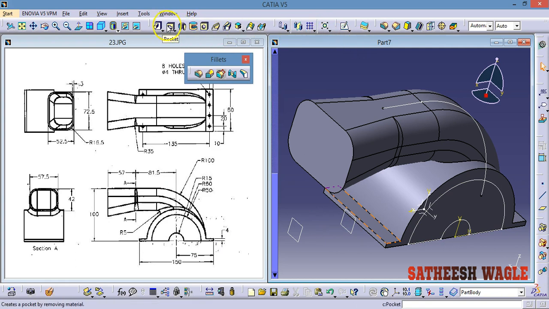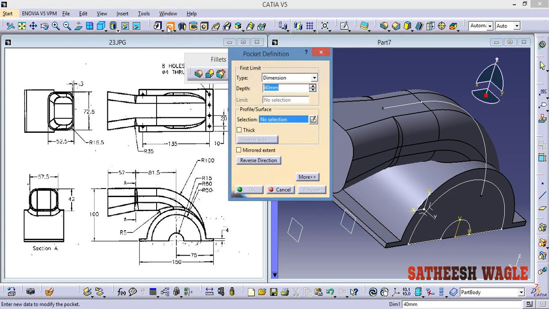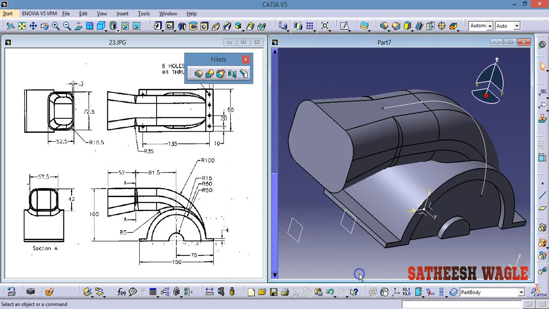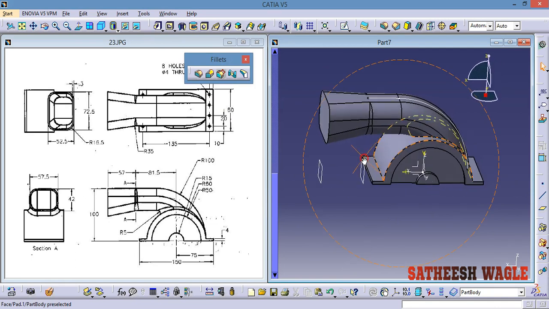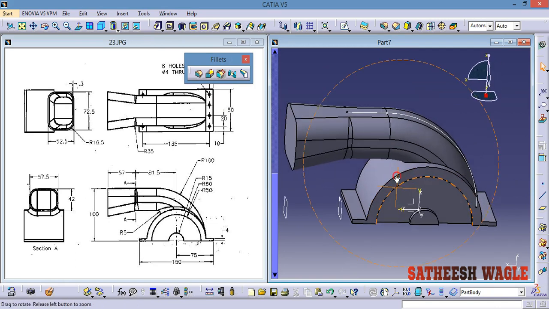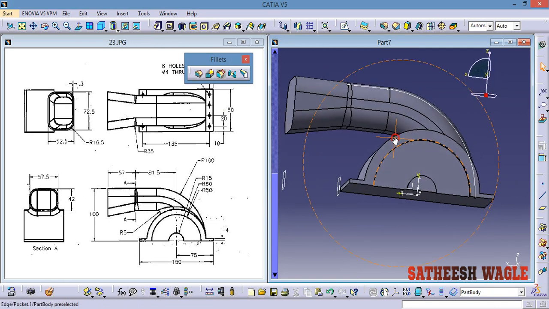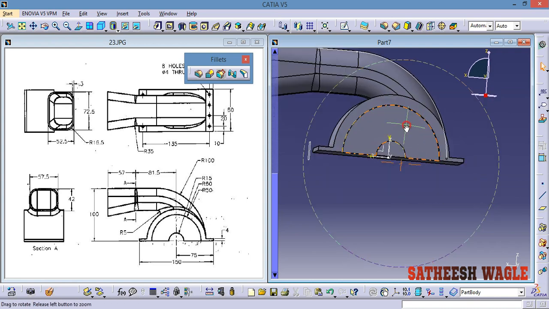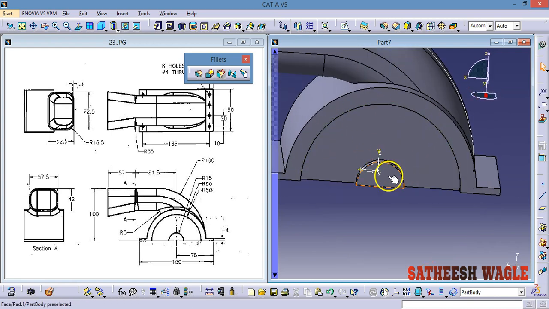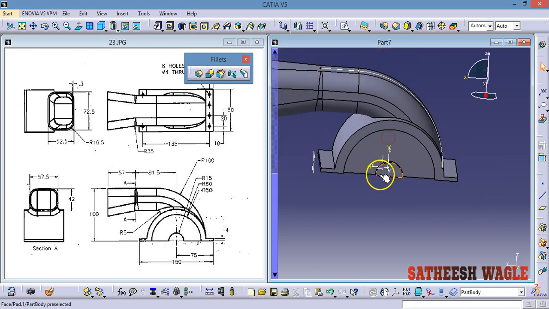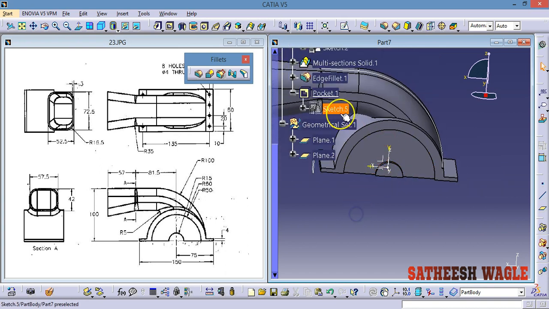Now I go to the pocket option. I'll create pocket for 5 mm. Okay, like this. But still I need to pocket this also. I'll do that later. So again I'll use this